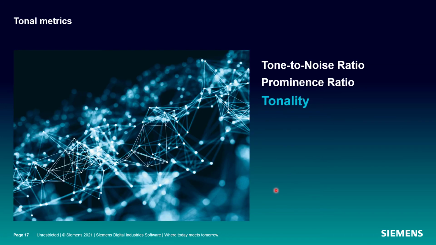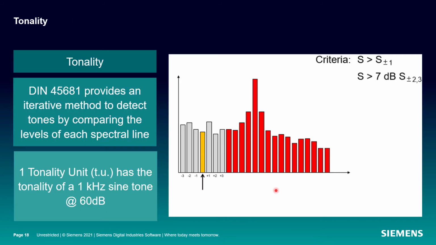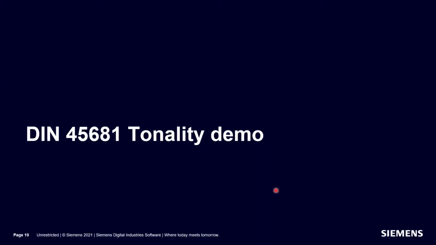And then finally, we're going to talk about tonality. And there are a couple different formulations. There's DIN tonality, as described in 45681, and it is a method of essentially looking at a frequency spectrum and trying to identify if there are tones present, and if so, how strong those tones are. And so